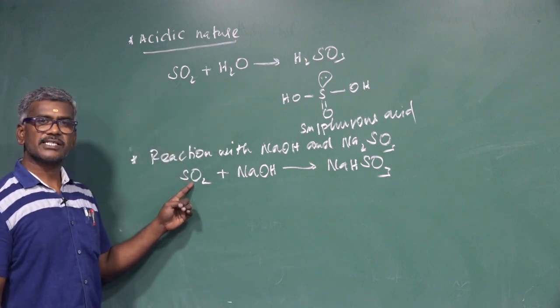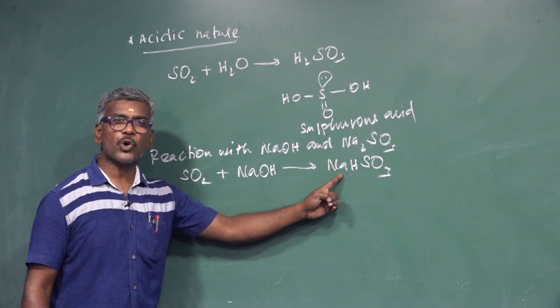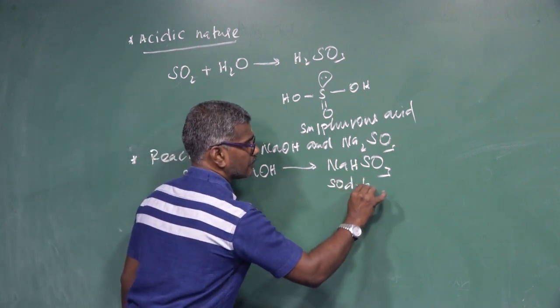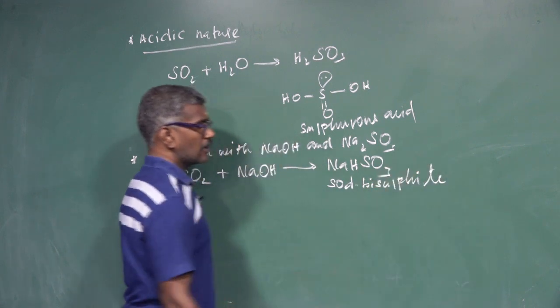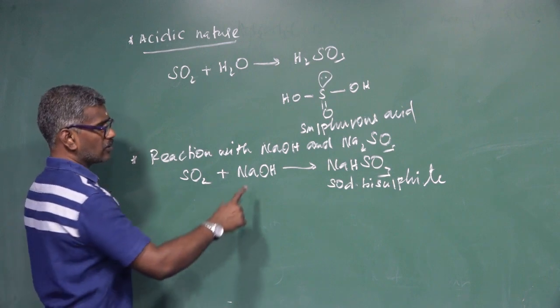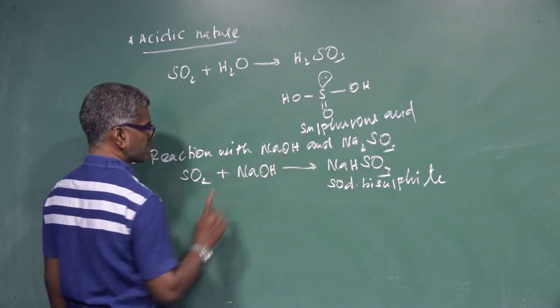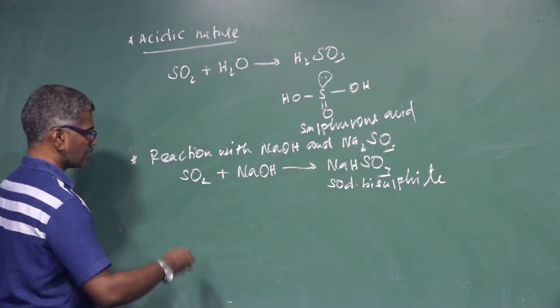This is sulfur dioxide, this is sodium hydroxide, this is sodium bisulfite. Balance the equation: one sodium, one hydrogen, one sulfur, here two oxygen, here one oxygen, three oxygen. Another one,